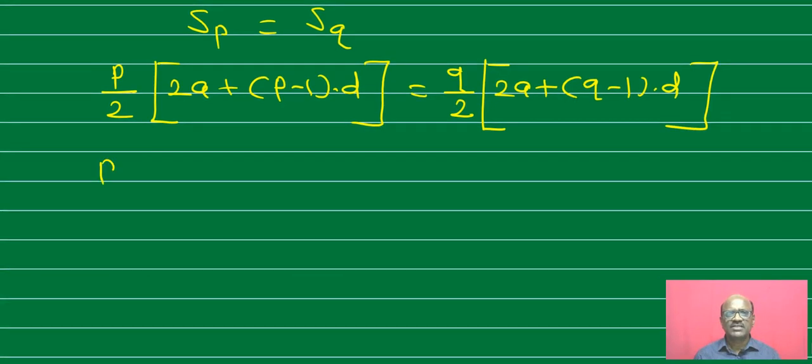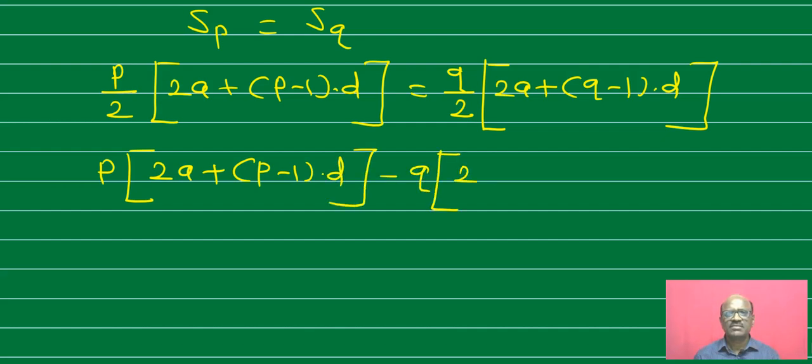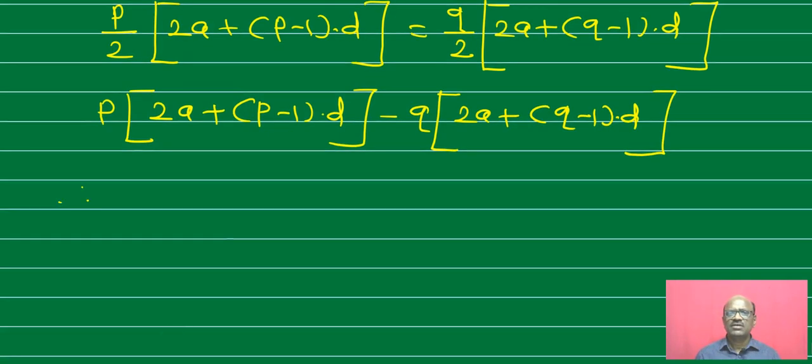Now here 2 gets cancelled. That is p in bracket 2a plus p minus 1 into d, minus q in bracket 2a plus q minus 1 into d on the left hand side, and that is equal to 0, multiplied